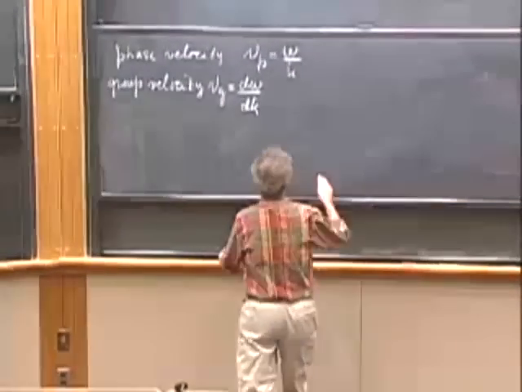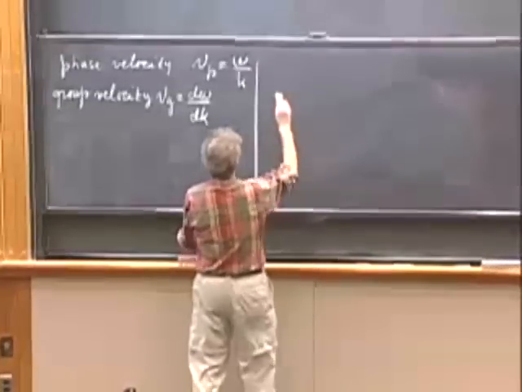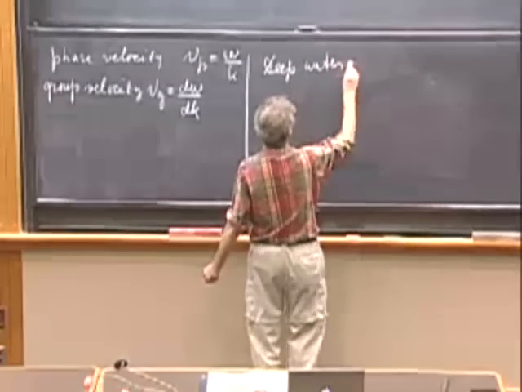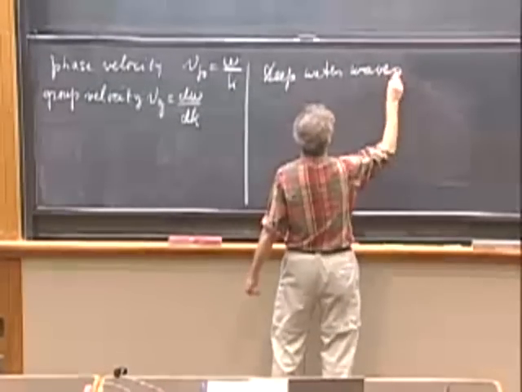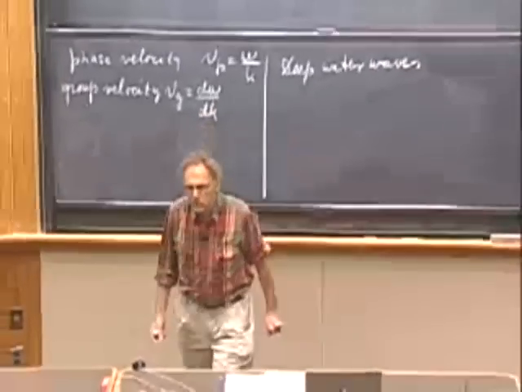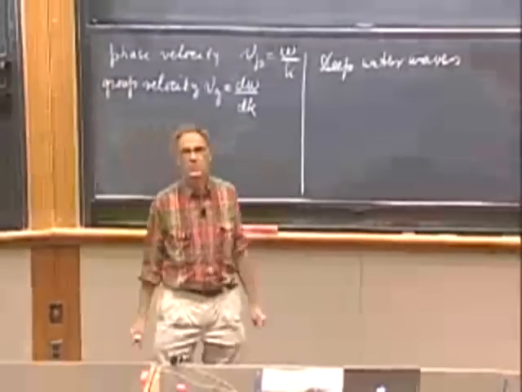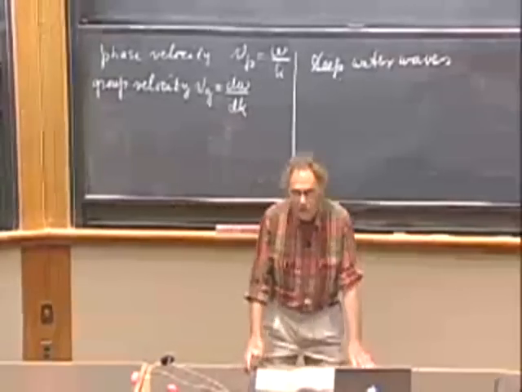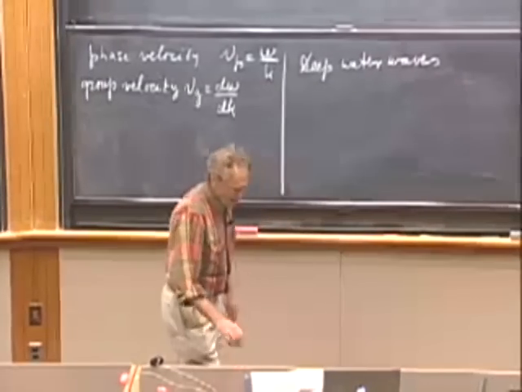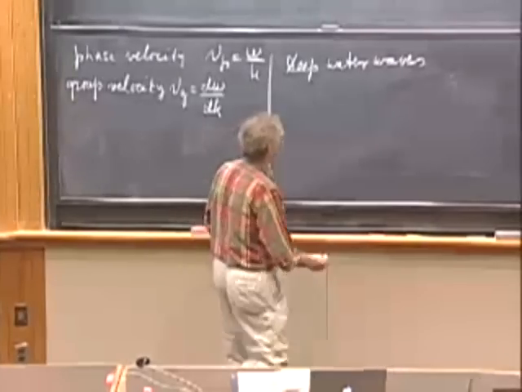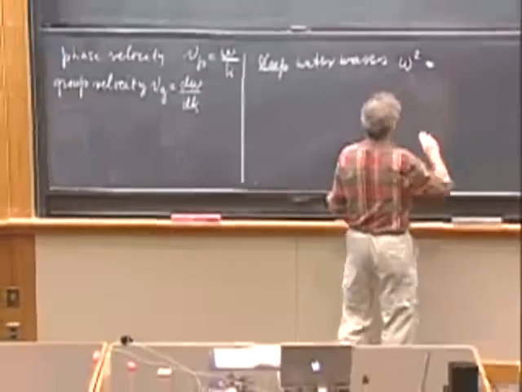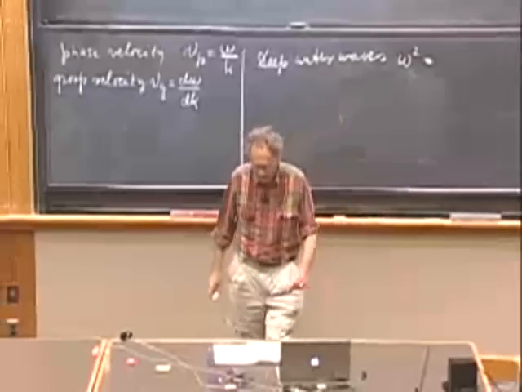If we take deep water waves, and I would imagine that what is meant by that is that the water is deeper than the length of your wavelength. That is probably the operational definition. It's very dispersive. The dispersion relation, which I will not derive, I didn't derive it either for the string, is omega squared equals gk,